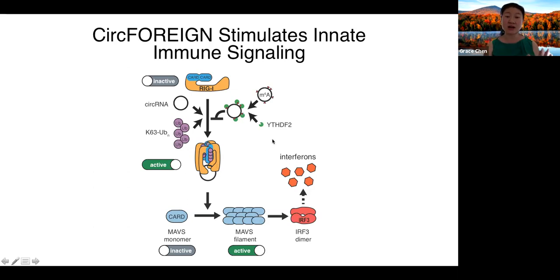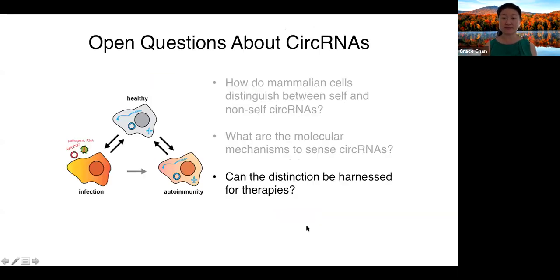And then we have other evidence that's in the paper, but I won't have time to show today, showing that in the cells we do need the presence of an m6A reader protein, YTHDF2, that binds the m6A modification to, again, confer the signal of selfness that blocks this immune cascade.